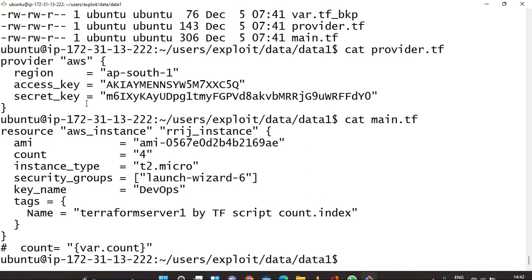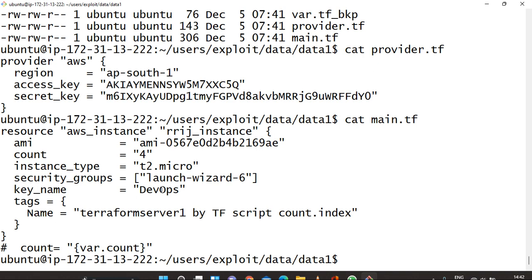In my last class I created only one file and put both resource data and provider data in it, but now I made it two separate files for better visibility.